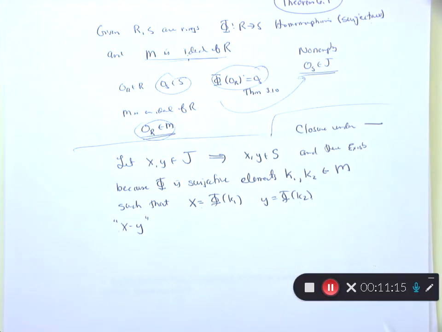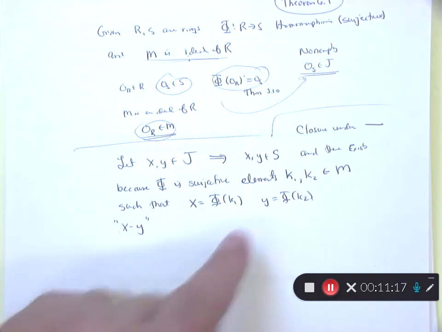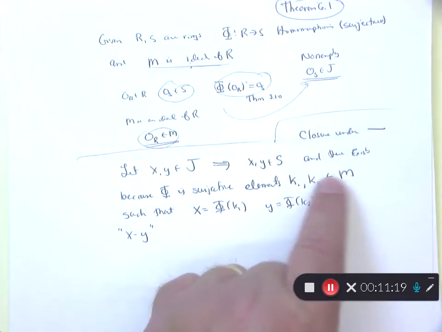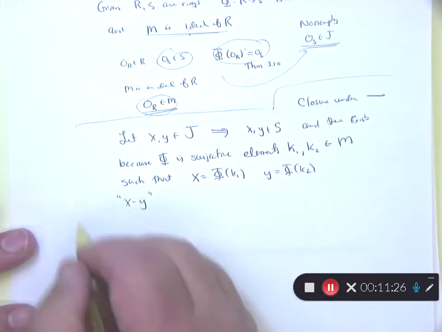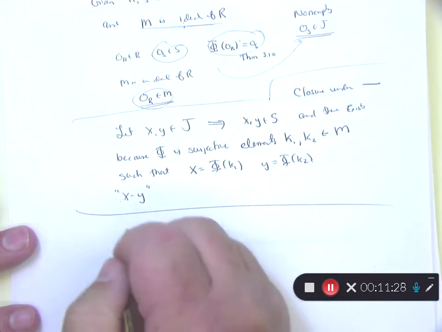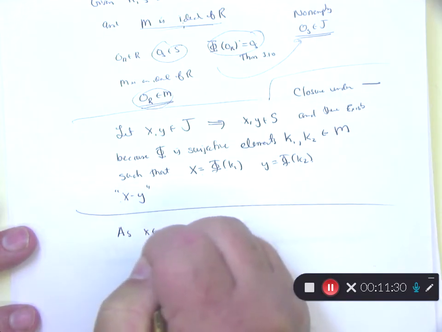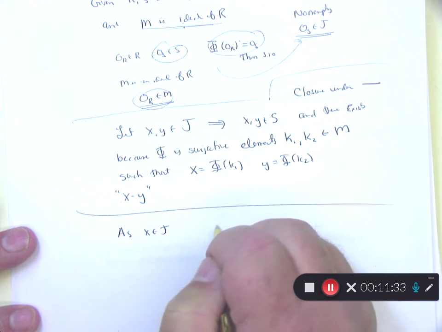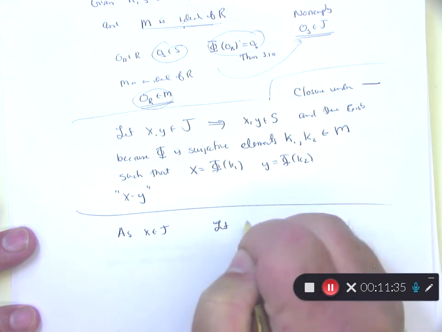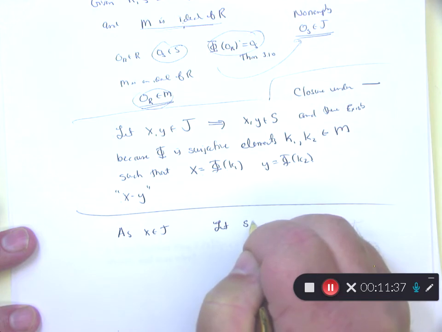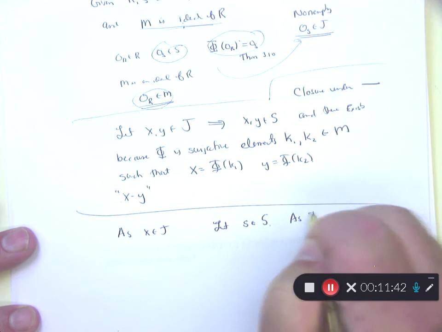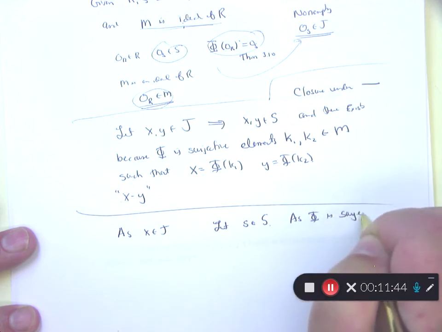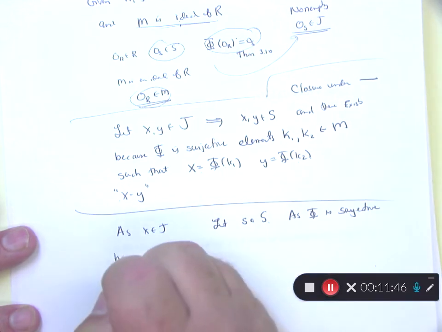Homomorphism theorem is 3.10. And then K1 minus K2 has got to be an element of M because K1 and K2 are in M. All that together is going to put X minus Y in J. And then the third part is you've got to talk about, as X is an element of J, you need to pick a little s, arbitrary, he's just going to be called little s, element of big S. As phi is, again, a surjective homomorphism,